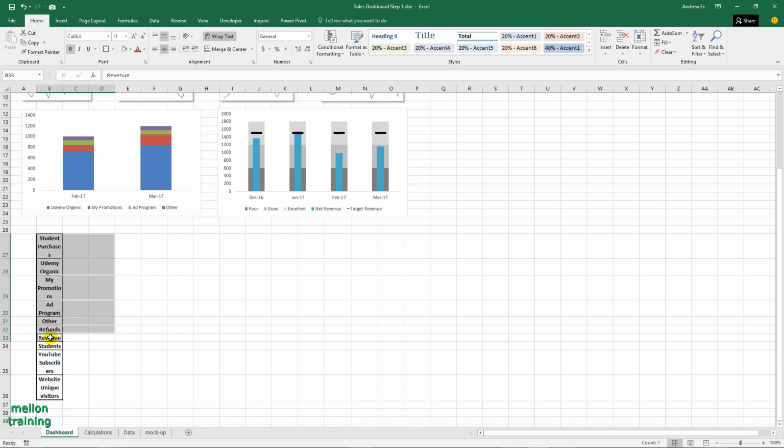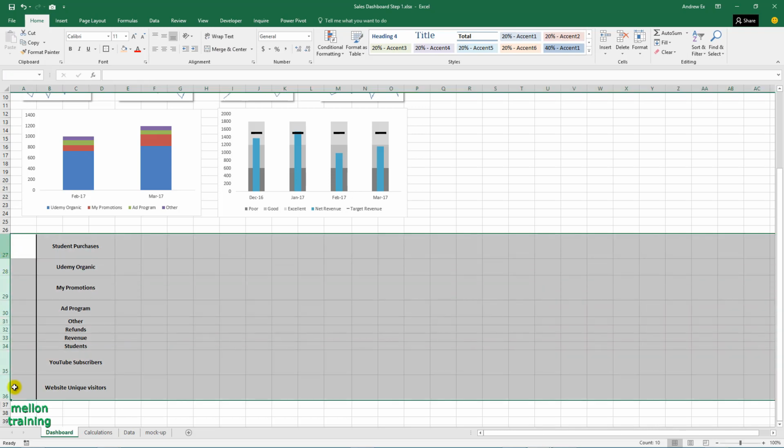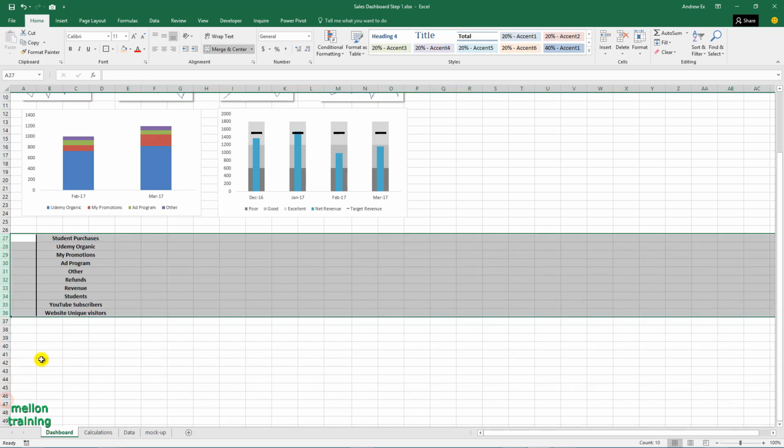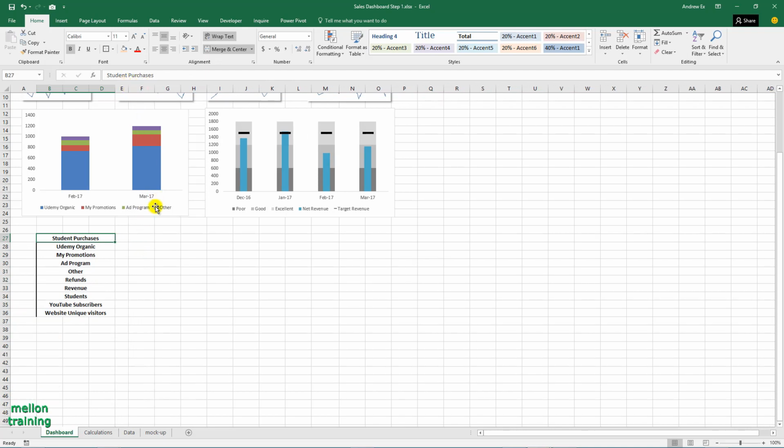Let's merge them. Leave a blank column, so I will use it to add icons later.